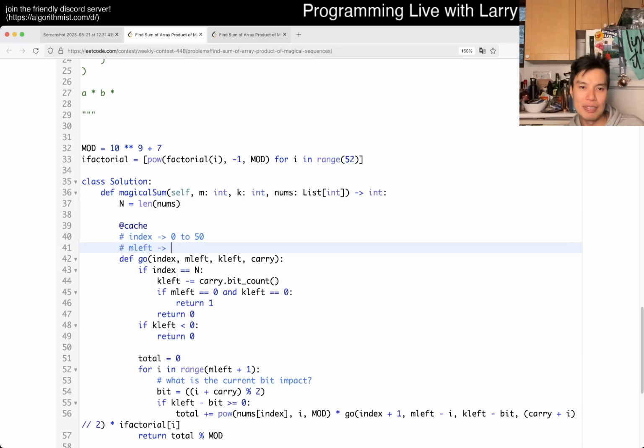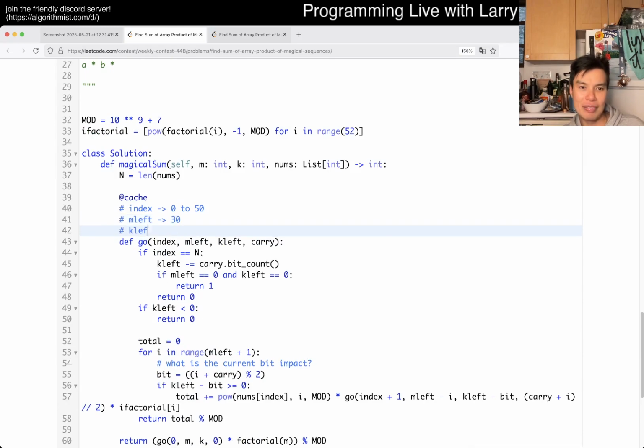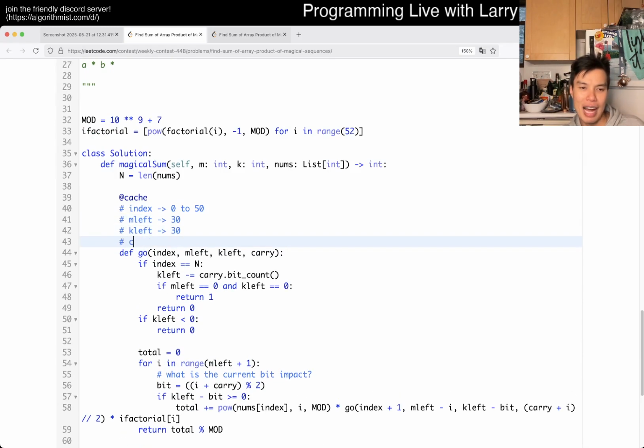M left is also 50, I think. Oh no, 30. Okay, sorry. K left is up to 30. Carry can be tricky, but keeping in mind that M left can only be up to 30, that means that even if we choose 30 in one of the things, carry will be, in that case, 15, but it also gets divided by 2 every time, but let's just say 15,